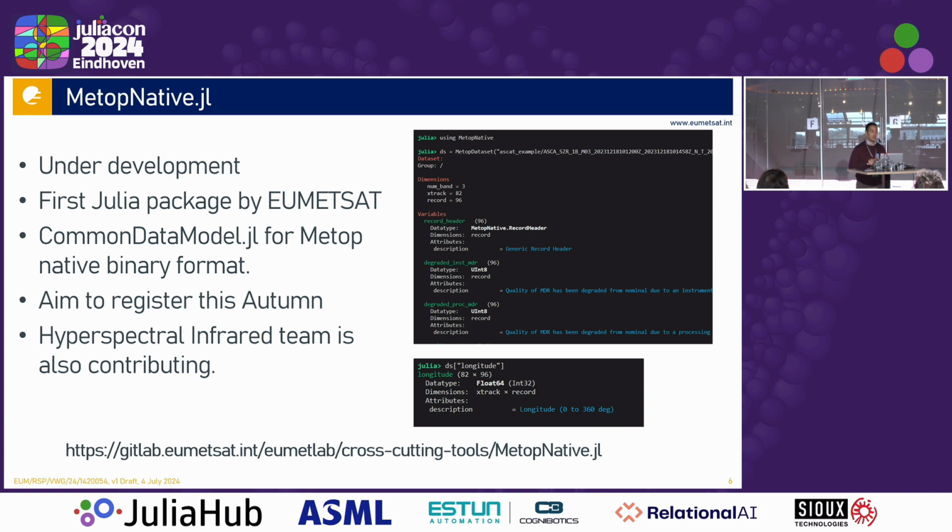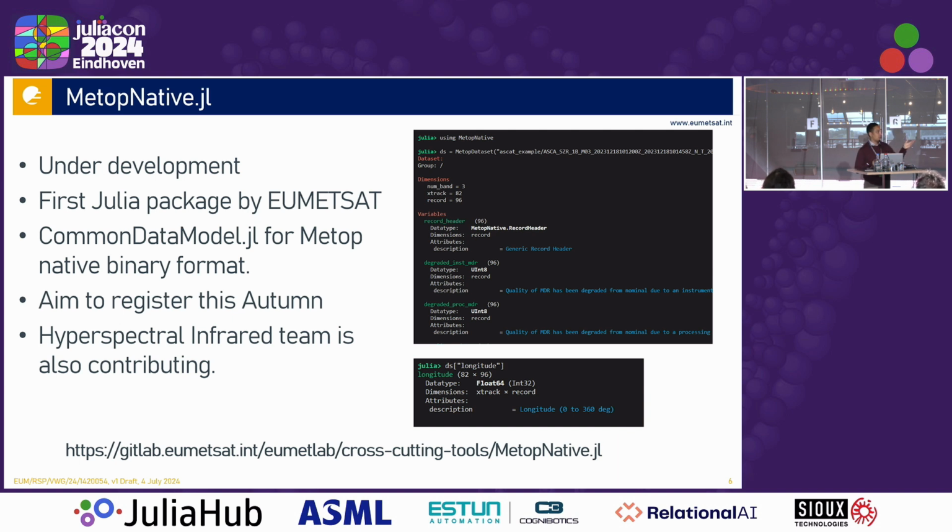It's a format that we use for some of the data from our low Earth orbiting satellite program, and we use this format quite a lot internally. We also publish data in this format that are freely available, and some data is only published in this format. So that's why I thought it would be nice for users to have a good, user-friendly Julia package to read and use it.